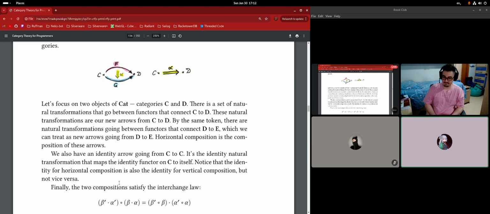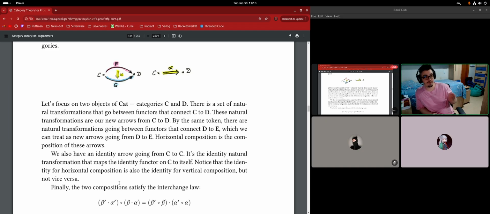Yeah, I had to think about that for a moment. I'm still not 100% sure, but it has to do with how the type variables get instantiated. My intuition tells me that the reason the identity is valid for one case but not the other, or rather, the reason that you can use one identity for both cases, but the other identity only for one, is because the identity for vertical composition is actually, it should be less polymorphic actually, because then